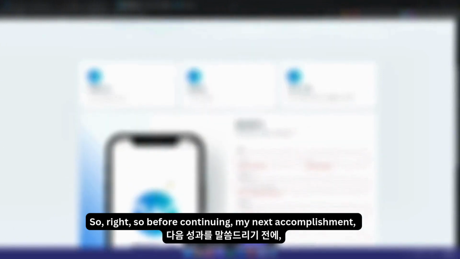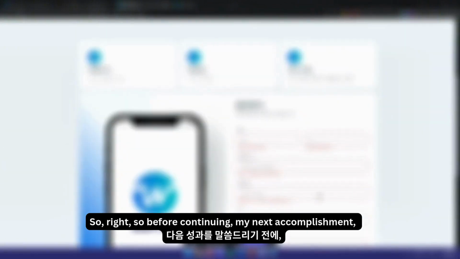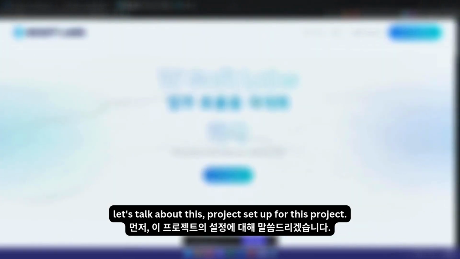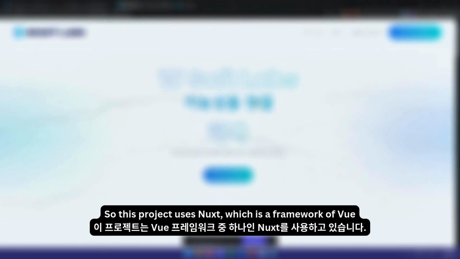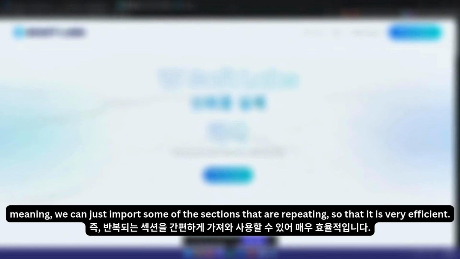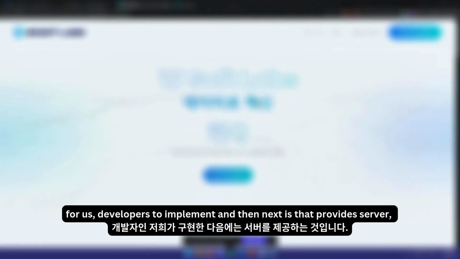Before continuing to my next accomplishment, let's talk about the project setup. This project uses Nuxt, which is a framework of Vue. Nuxt provides the usage of components, meaning we can import sections that repeat, which is more efficient for us developers.